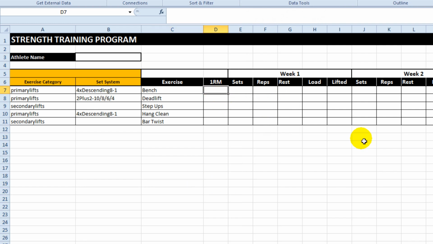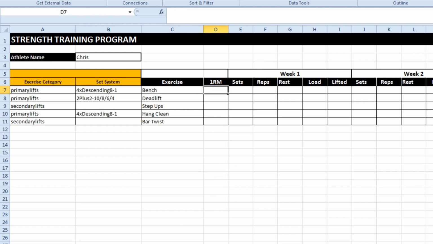So first thing we want to do is a real simple VLOOKUP that hinges off 2 things. It's actually going to be an index function, sorry, not a VLOOKUP,